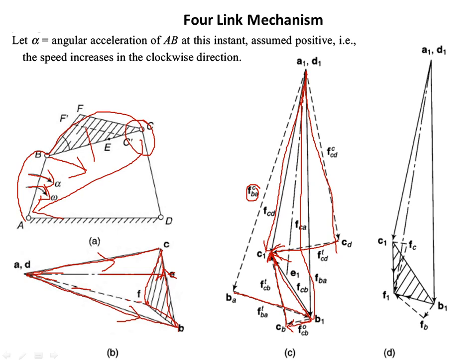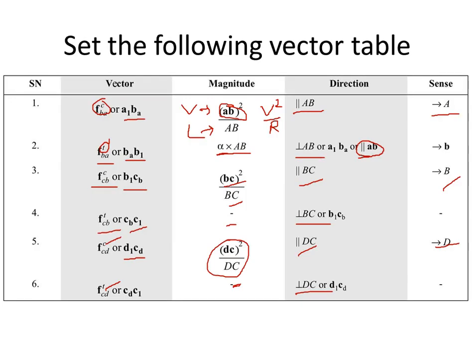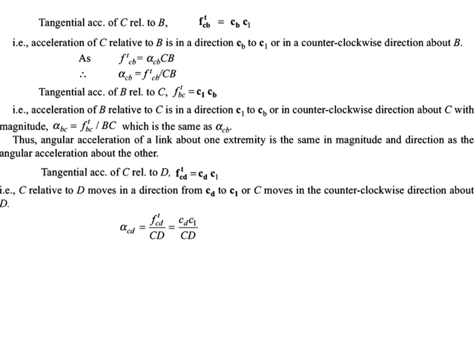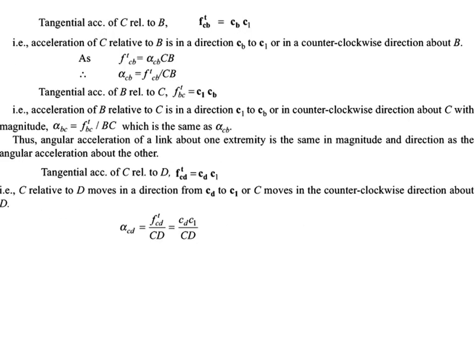So this is the next part, for taking the ternary link. If you want to get F1 at this point, you have to use this. We will not discuss this in detail here; when you solve the problem, that time you will understand. So this is the method of how to draw the acceleration diagram. This procedure is given here. You have to start from A1 or D1 and then complete in this format. Special cases I will not discuss here; when the problem starts, I will discuss.